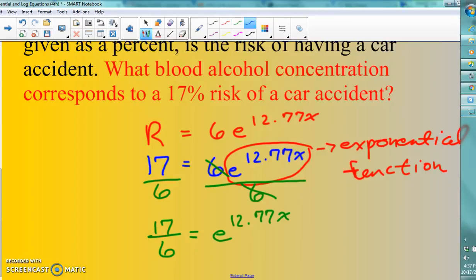Okay, so we said that we're going to isolate, natural log it, then what? And so on and so forth. Isolate, natural log it, simplify, solve. You remember that, right? I really, really hope you do.